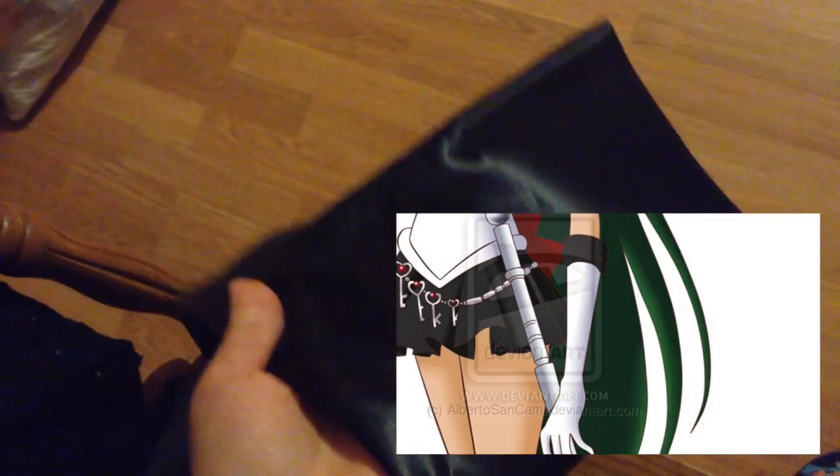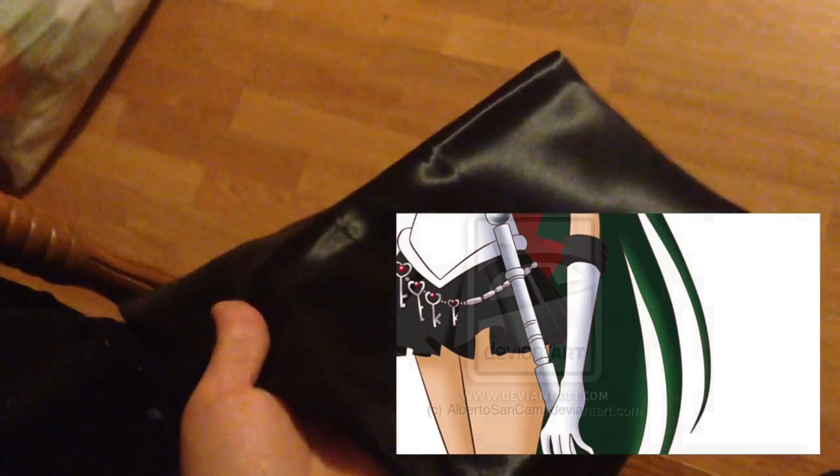For the gloves, I got a pillowcase from the dollar store. I know, pretty weird, but for some reason, I really like how it looked. I feel like it will look good as a costume. As you can tell, the gloves that she's wearing have black on them, so that's why I bought these. So these are the gloves. I bought them at Spirit, the Halloween store, because I don't know how to make gloves, so just buy them